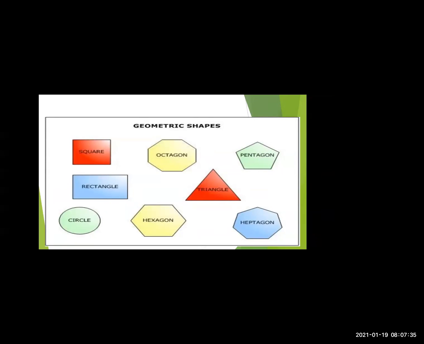So here we have learnt these 2D shapes having different numbers of sides. Square, rectangle means having four sides. Five means pentagon. Six means hexagon. Seven is heptagon. Eight means octagon. And where there are no sides, only a circular edge, that is called a circle. So let's study now about the pyramid.